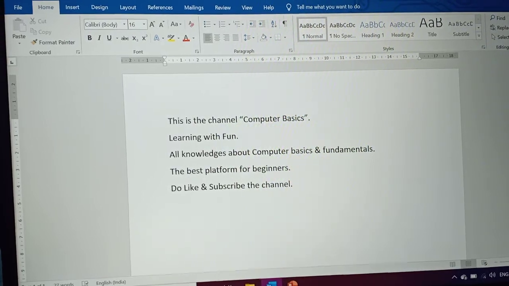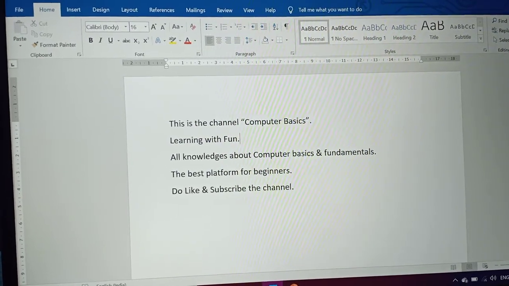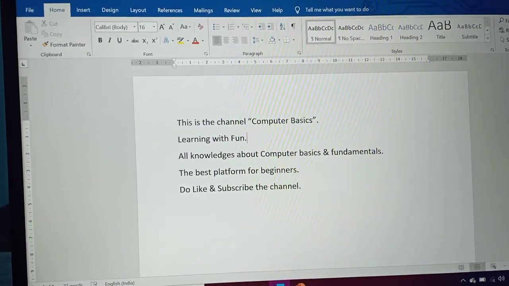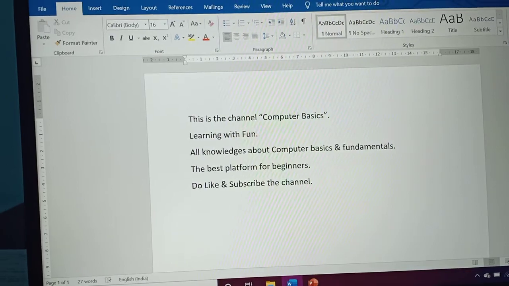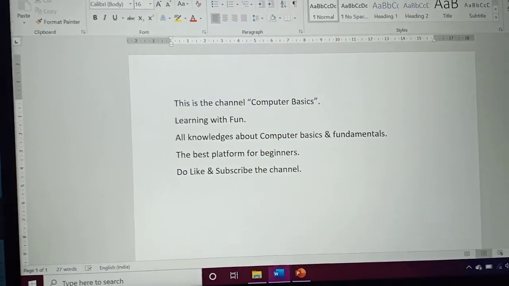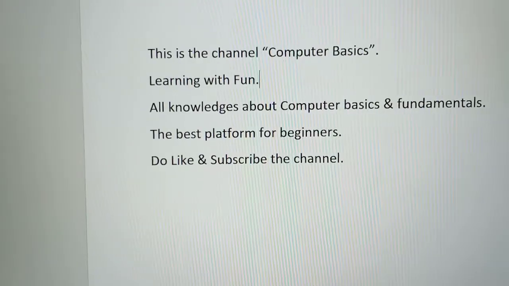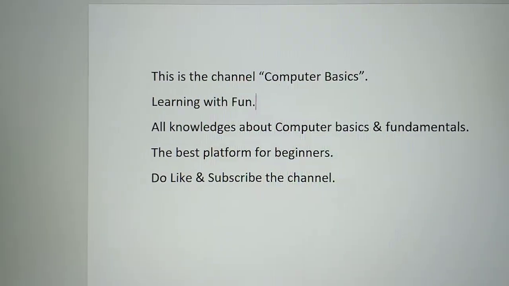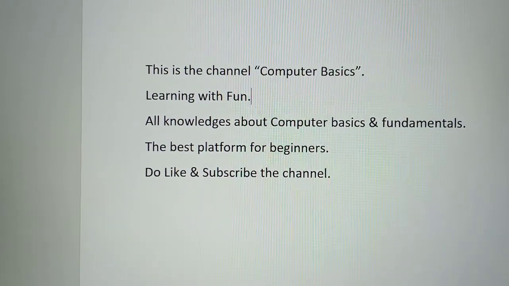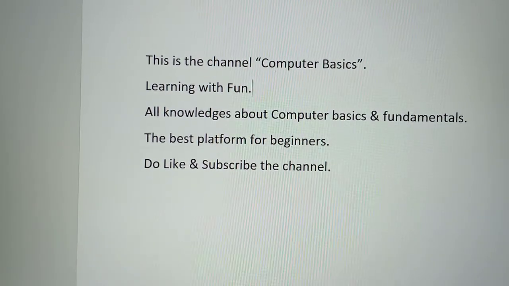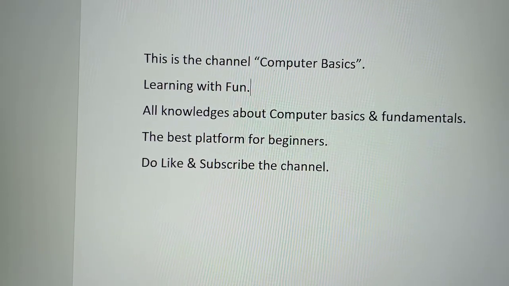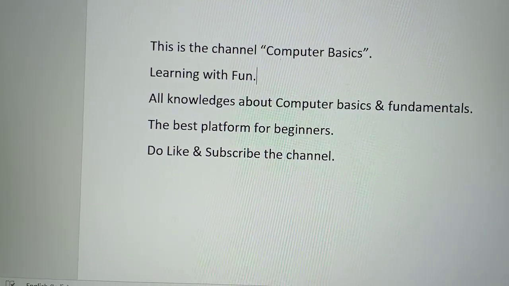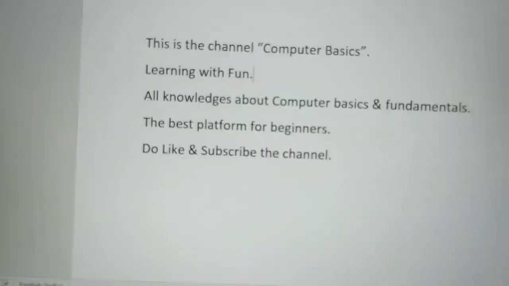Say this is the Microsoft Word window and I have typed some five lines here. Today we will learn how to change the text alignment. I will change the alignments one by one. But before that, first listen, there are 4 types of alignment: align text left, center, align text right and justify. Means left alignment, center alignment, right alignment and justified.